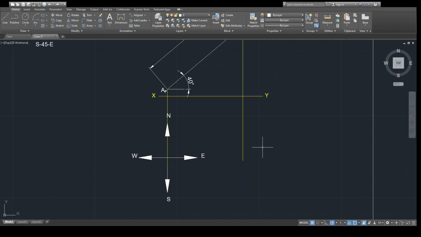Exactly over this line, north, east, south, what is given is S45E.